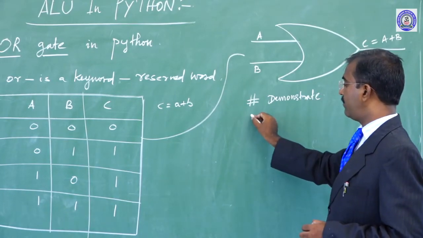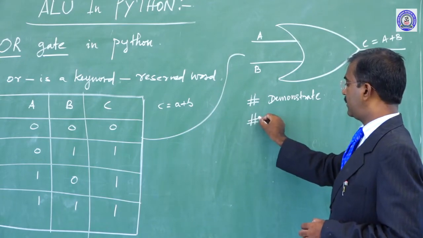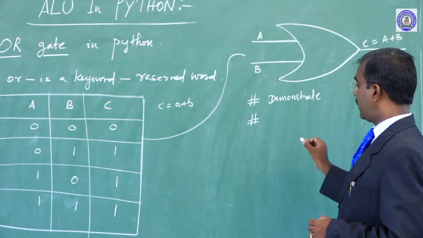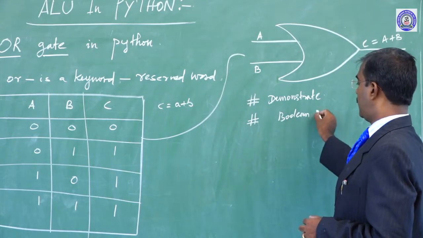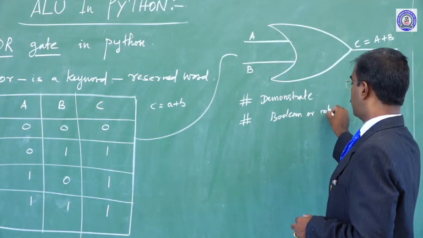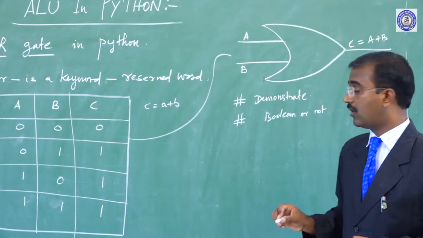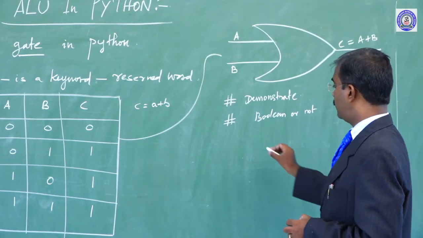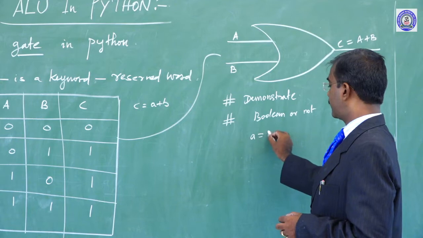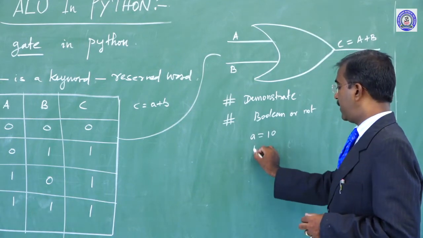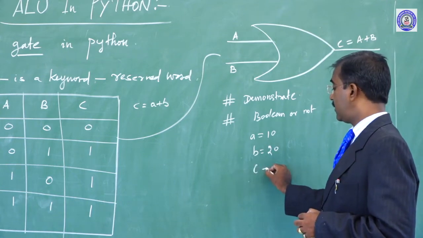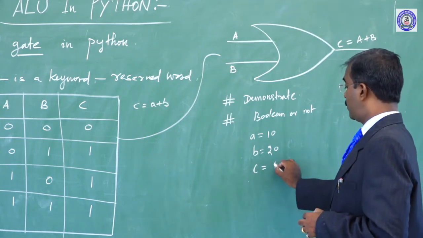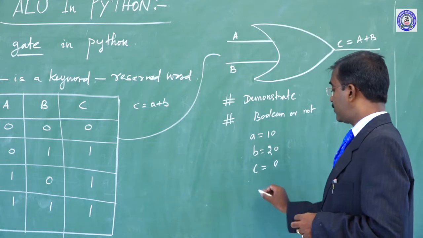In this program, we check whether the number is boolean or not. For example, a equal to 10, b equal to 20, and c equal to 0. That case, the condition will check if